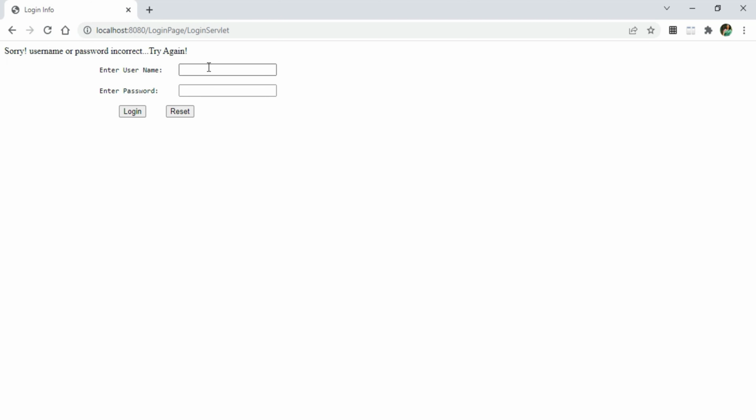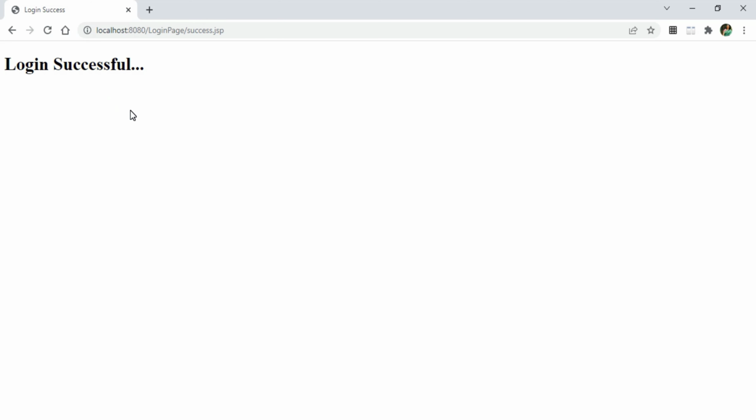and it's showing me this username and password in my login servlet page only. So now I'll enter this username and password correctly, and let me see whether I'm getting login successful or not. Yes, I'm getting the login successful message, but since login is successful, it should show my name also. So for that I'm going to write a few lines, so let's do that.